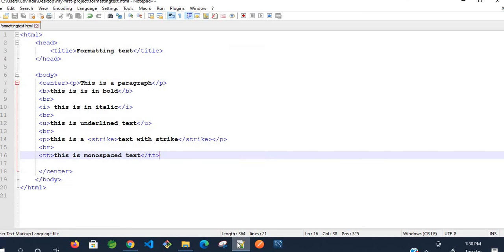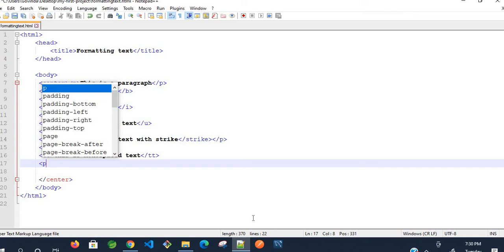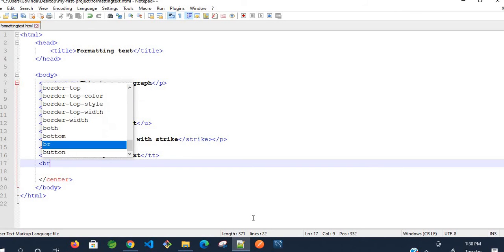go to file. The next formatting tag I want to use is the superscript. Okay, this is mainly used as part of mathematics, but sometimes we use in other texts also, like science in other texts. Okay, here simply I am taking just break tag I want to give here.